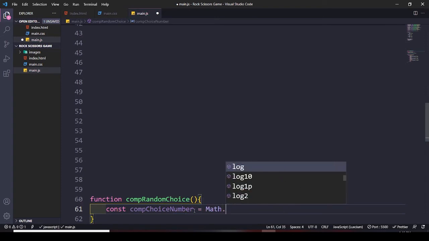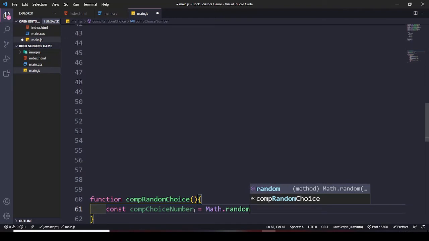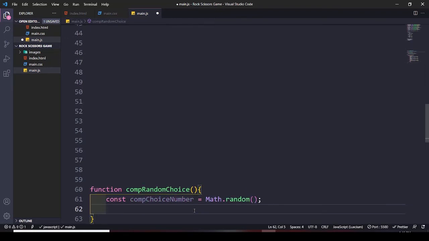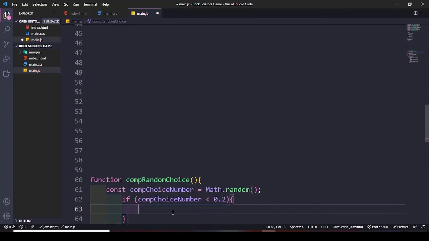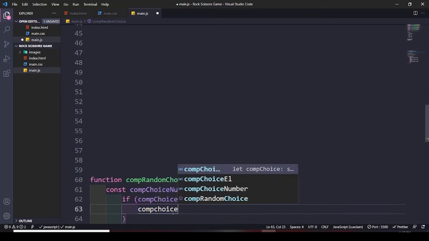We are going to use the math.random method, and we have to define the ranges. As I've done it before, I don't want to make the video too long, but you can console log it here if you want, though I don't think it is needed. Let's say that if computer choice number is less than 0.2, it's a range, we are defining the range,